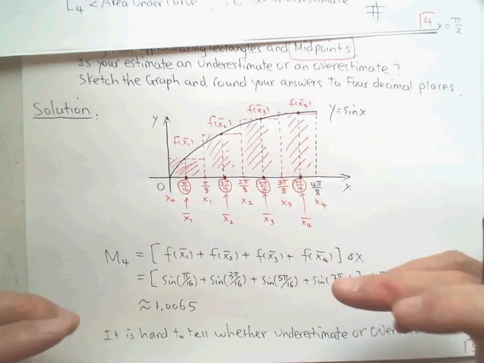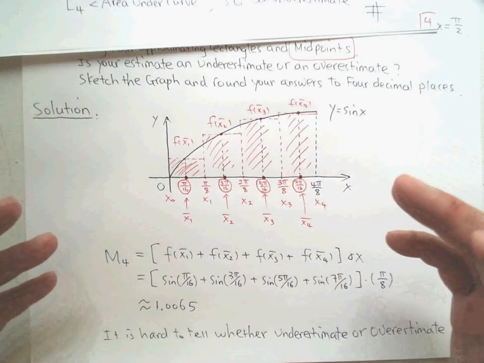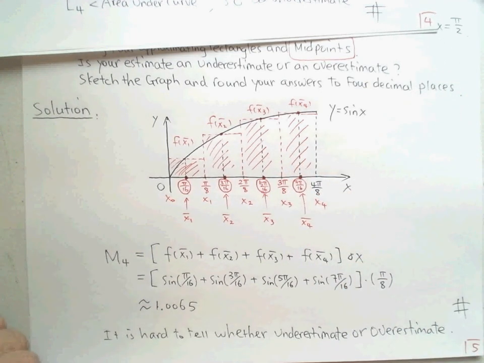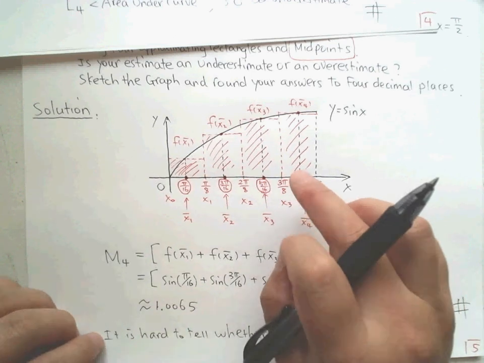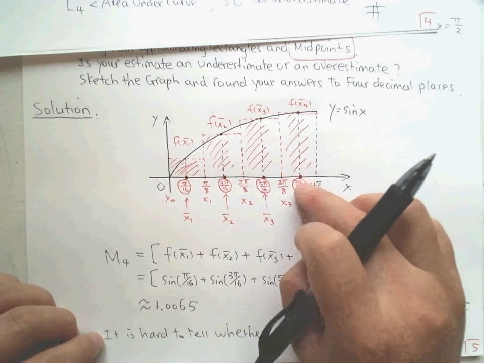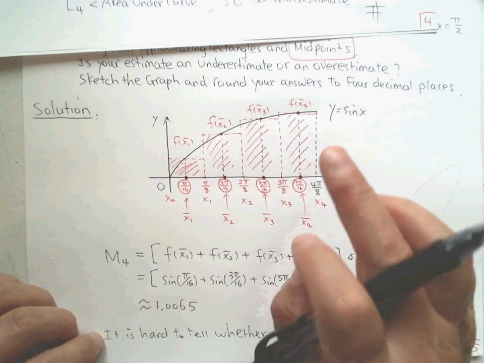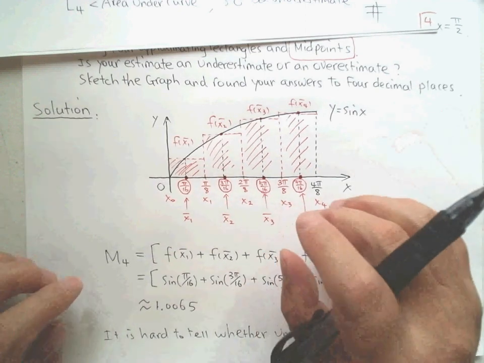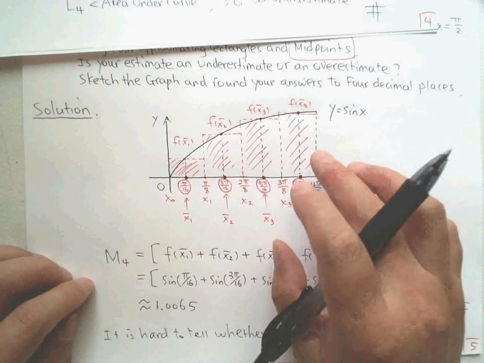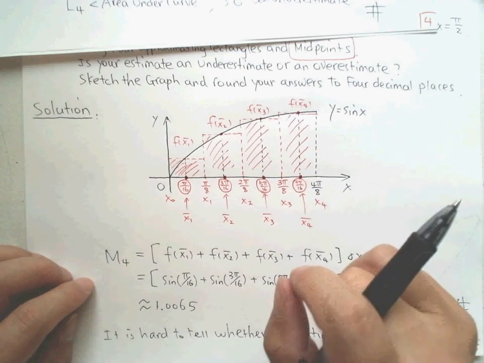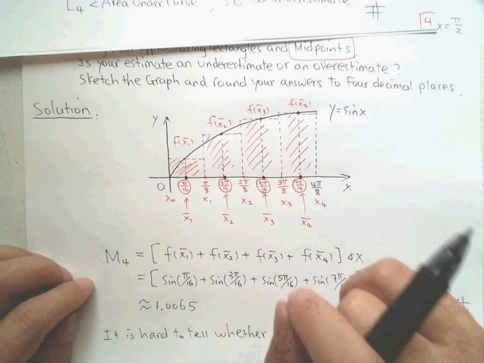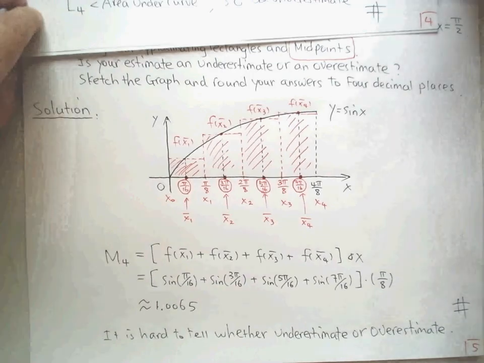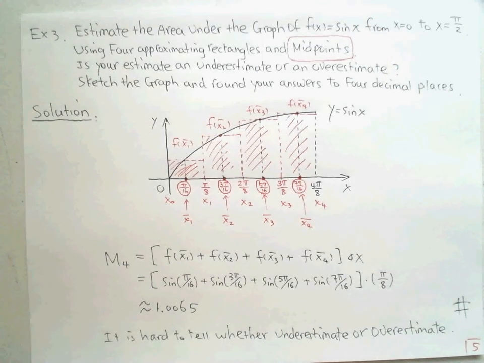The third one, the middle point, is hard to tell whether it is over or under. Which one is better? Which one is the best? At least in this example, the middle point is the best. And usually for a lot of functions, the middle point is the best among left, right, and middle, but it is not exact. Yeah,